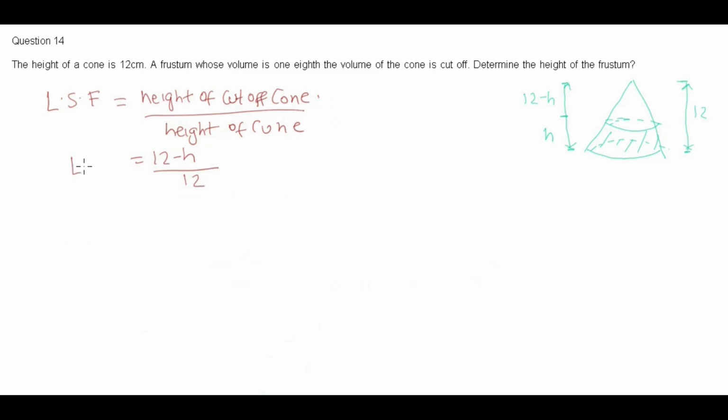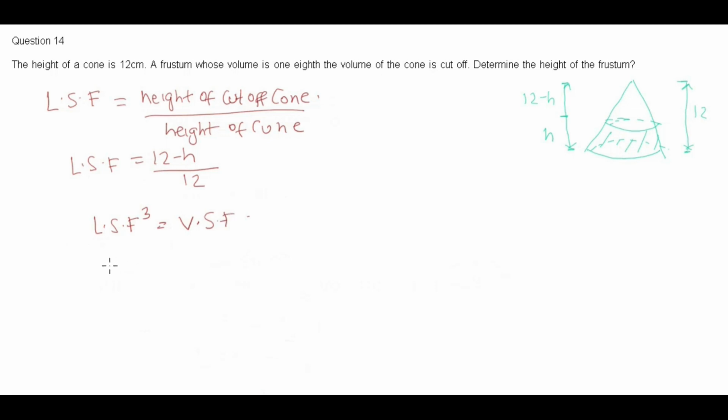This is the length scale factor. Let's go to the volume. We know very well the length scale factor cubed is equal to the volume scale factor, and we've been told here